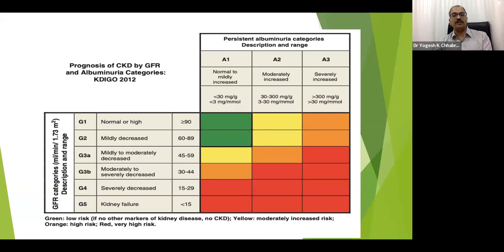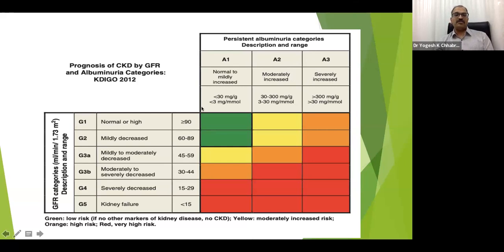Previously, this was the stage where we used to call it microalbuminuria. That was not the right term to use to begin with, because it's not a different molecule. We are just classifying it on the basis of the excretion. So the term microalbuminuria is actually stage A2, that means moderately increased albuminuria. And if the albuminuria is persistently above 300 milligram per gram, it is classified as stage A3.